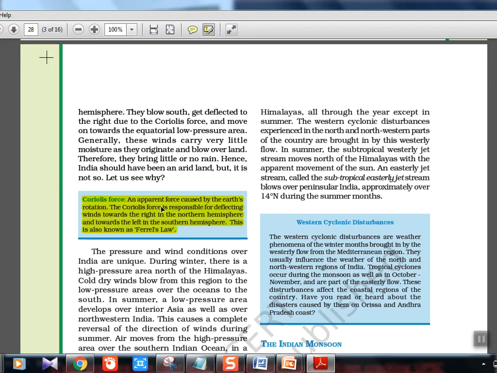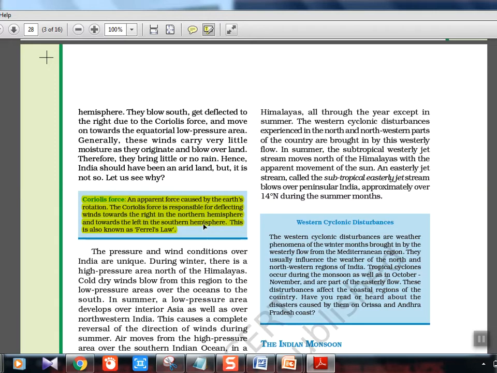Okay, you know Earth is rotating from west to east. So anything which is going up, suppose from a point, will be deflected towards the right in the northern hemisphere and towards the left in the southern hemisphere. Okay, left in the southern hemisphere this way. So if you know the rocket launching sites in most of the continents, they are on the eastern margin. In India it is in Sriharikota in Andhra Pradesh. In USA it is in Florida. Everything is on the eastern coast.